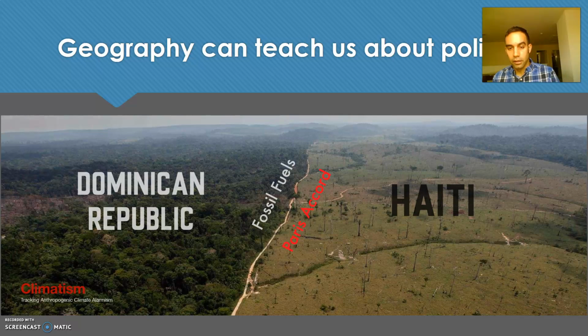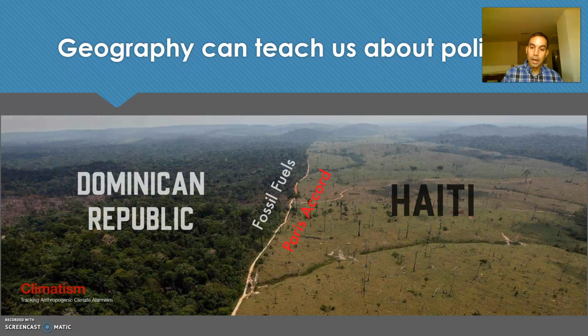So there's other things that I said on the list, right? So geography, we can use geography to teach us about a lot of different things, right? One of the things we can use geography for is to teach us about politics. Here you see the border between 2 countries, right? The Dominican Republic on one side and Haiti on the other, right? Now, something is going on between these 2 countries that makes them different, and geography can help us understand what